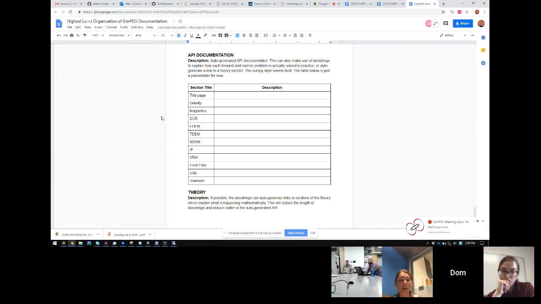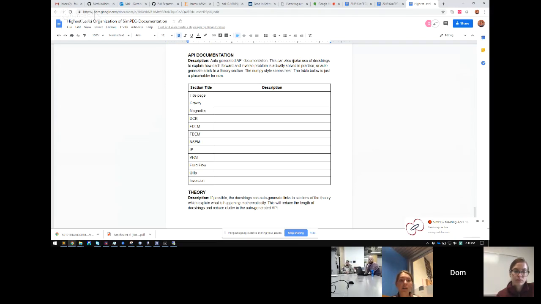The other thing is, I think as we do this, it might be useful to create, and this could be its own SimPEG meta repo, a few guidelines that help us scope what goes in each part of the documentation. So basically saying stuff like the API documentation really should be code usage only, not theory. I totally agree that that's a reasonable thing. And it might be nice for us to have a document where we scope these kinds of things.